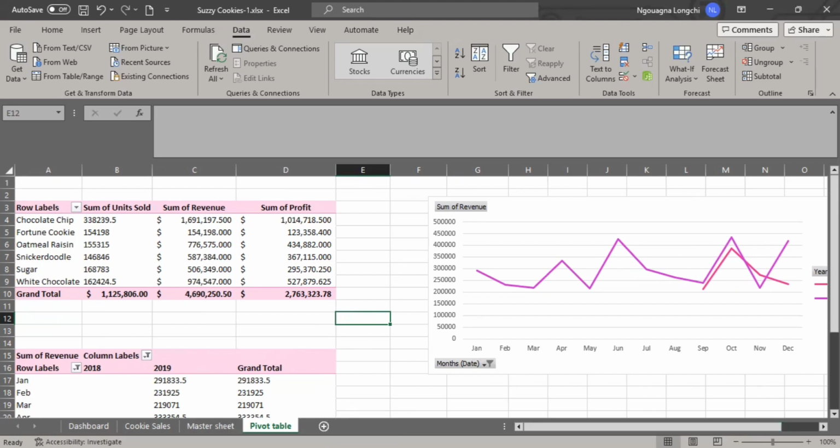So we're going to build something like that today, so that you can always build such a link to your master sheet. And then each time